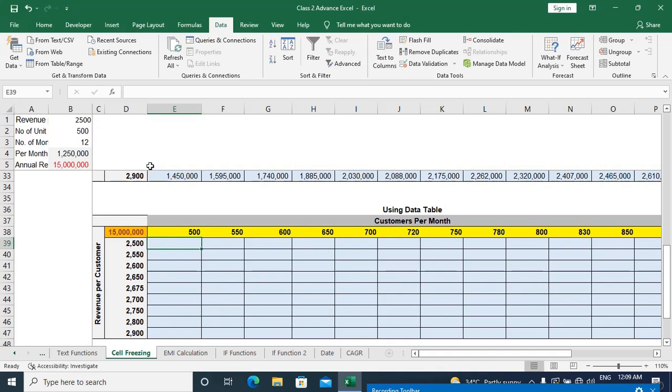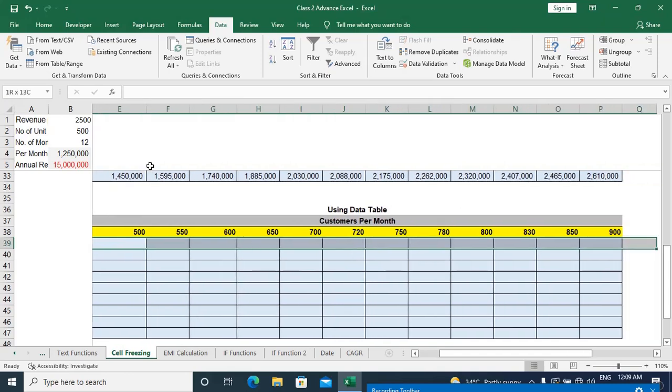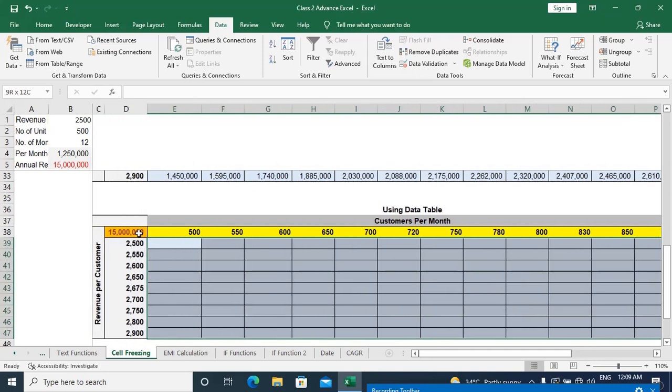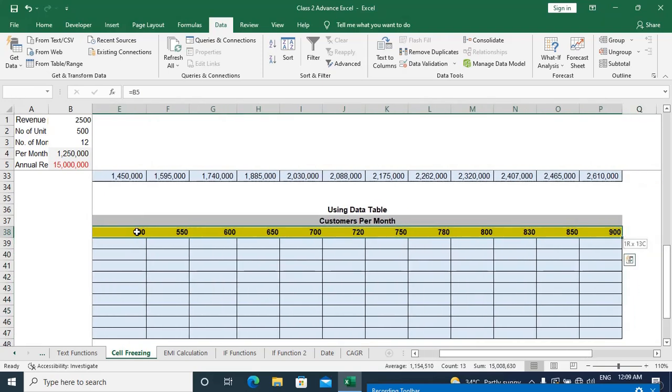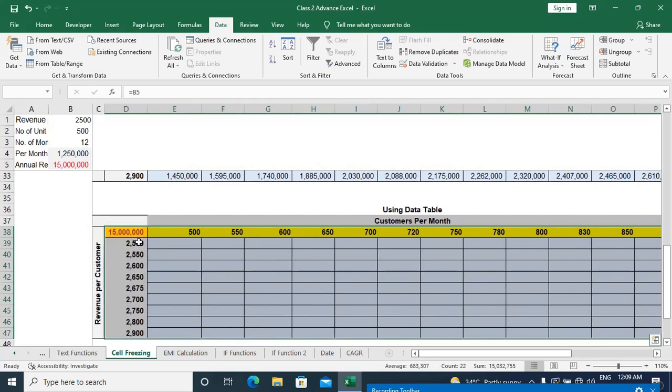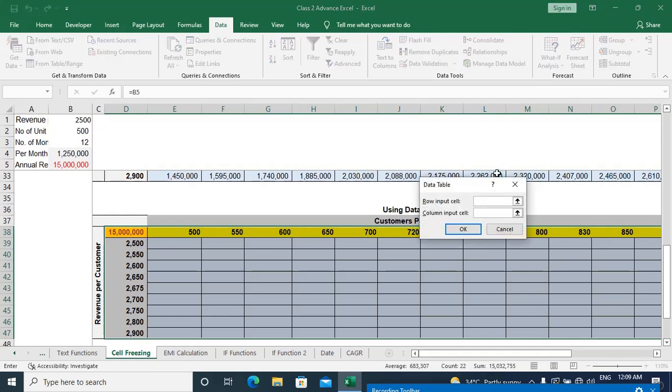It is a thing called data table, right? So if you just select this entire set of data, and give it the inputs,